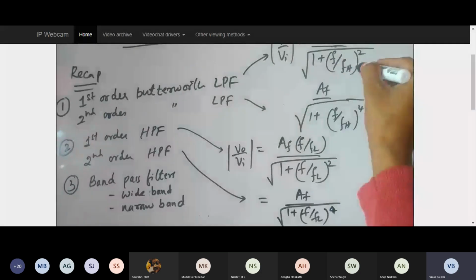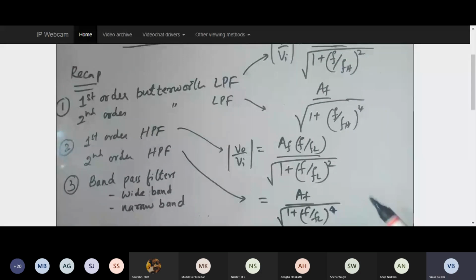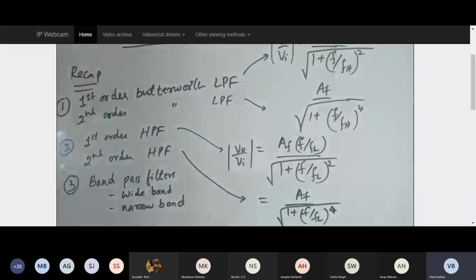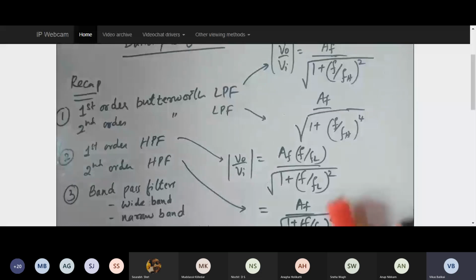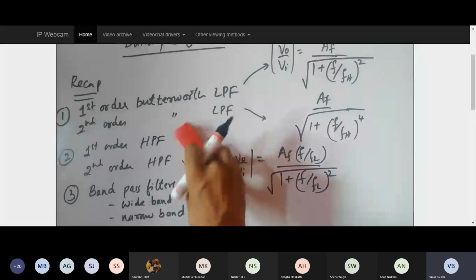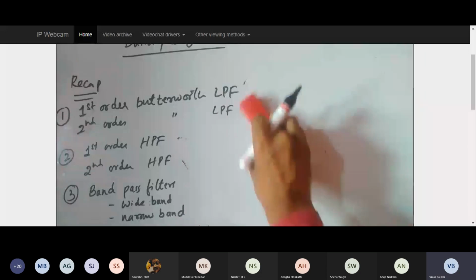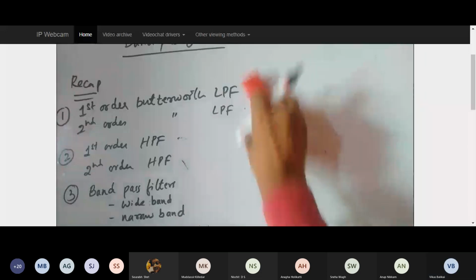The high pass filter will be exactly similar to what you get for your low pass filter. Only the F by FL term gets added in the numerator, and it does not appear in the second order. So this is why it is not coming. If I solve that derivation and simplify the terms, you'll come to know that that particular term is not going to come. So this is with respect to remembering the concepts related to the previous filters, whatever we have learned.